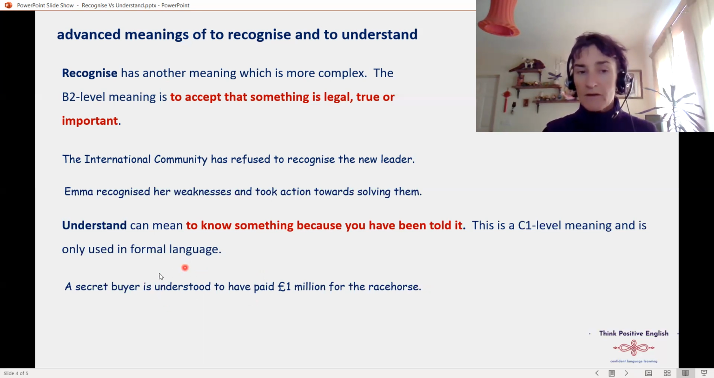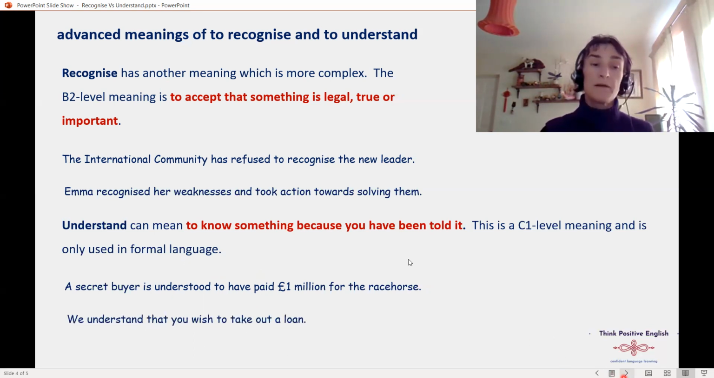Look at the grammar. So we've got a passive, is understood, and then we've got to infinitive, and then we've got a verb 3. Okay, is understood, to have paid. That's important. If you're at C1 level, this is a great bit of language for you. And the final example I'm going to give you: we understand that you wish to take out a loan. So of course, this is someone in a bank. Maybe you've gone in to borrow some money, but the point is that this person has already been told that you want a loan. So maybe you filled in a form, maybe you spoke to someone else, but this meaning,